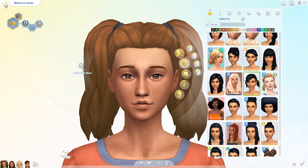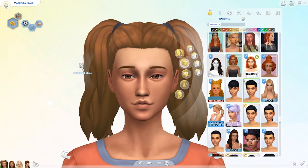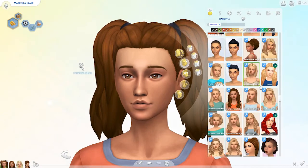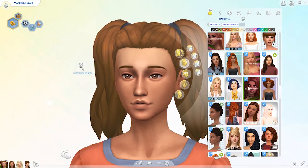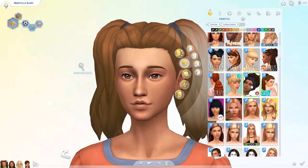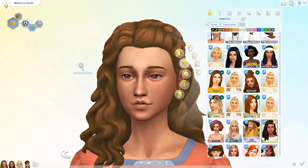So we're going to be doing a spring lookbook today. This will be my female lookbook where I use custom content from only one creator. I will have a second video for the guys later on, so stay tuned for that. But for this look, I'll be using CC from Simlaughlove. Now, she has an assortment of hair, clothes, and accessories. She has also done 2 collab packs with the Plum Bob Tea Society, which I'll be using from those as